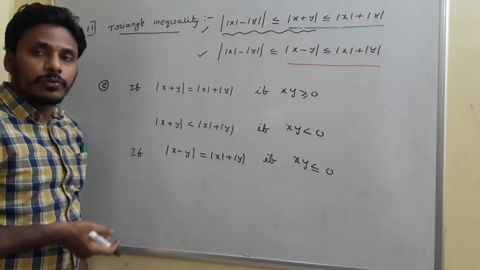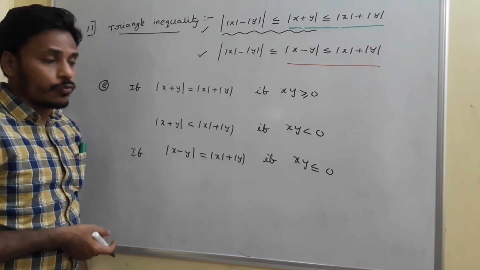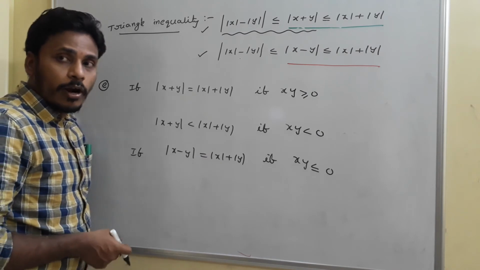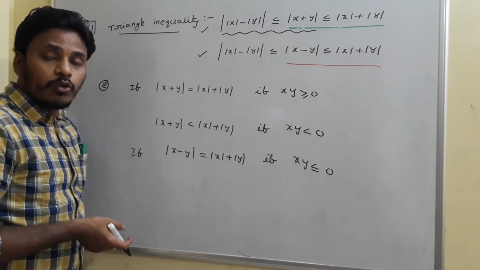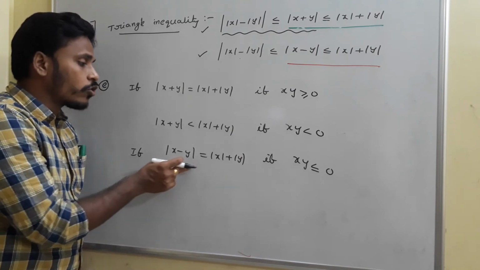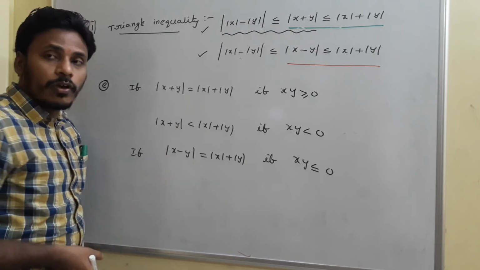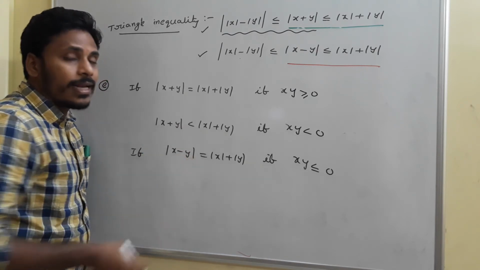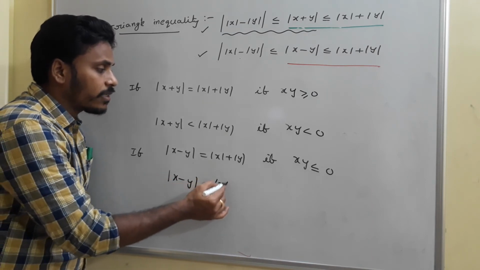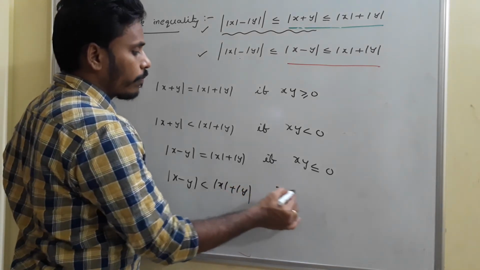If x and y have opposite signs, one is positive and the other is negative, so easily you will arrive at this situation. If x is positive, you get |x| as x, and if y is negative, you get |y| as −y. So this side we have x − y, and since x is positive and y is negative, x − y is positive. This side also has x − y. So this equality holds if xy is less than 0, just have a look.